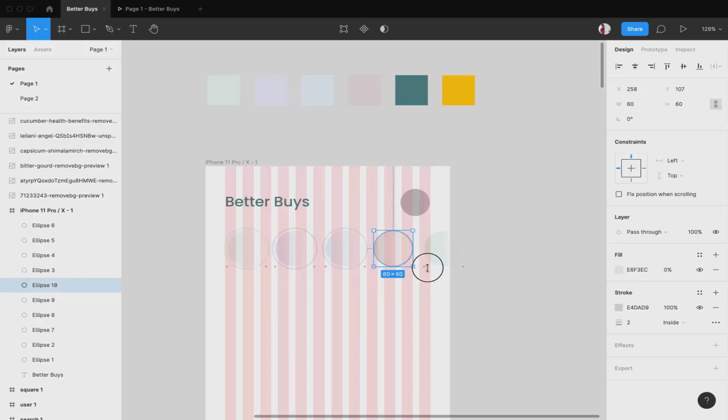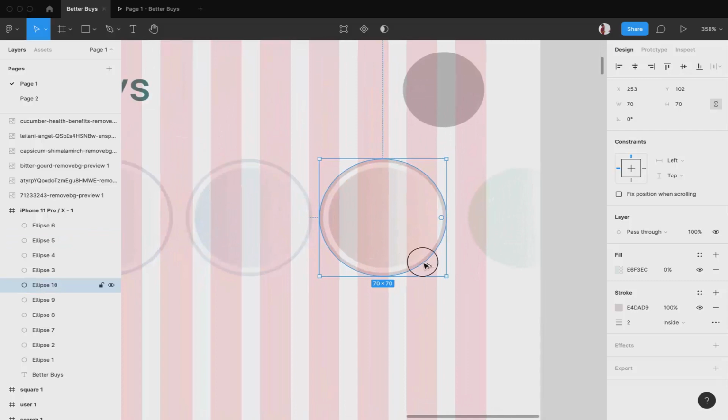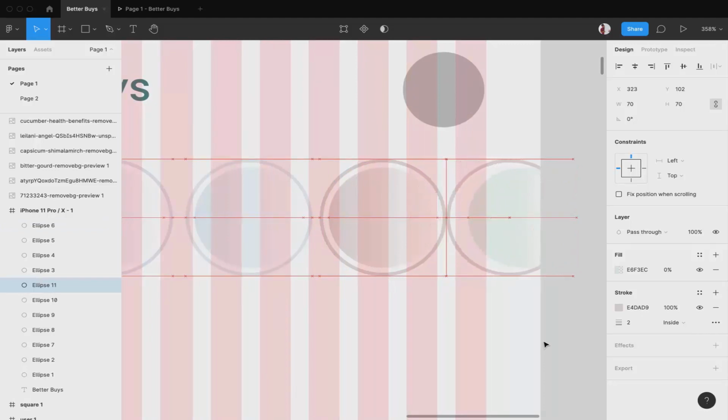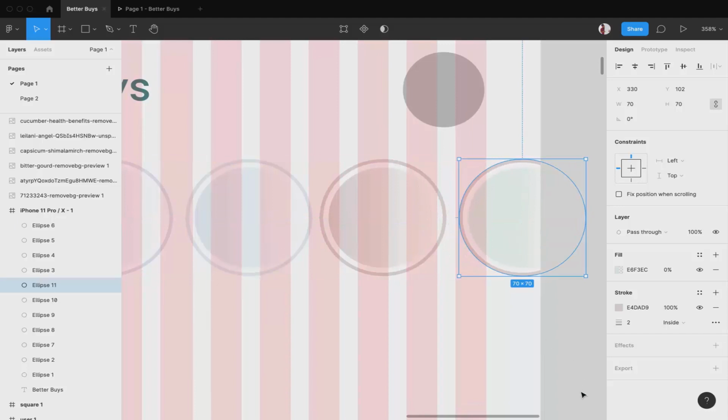I'll drag it a little bit to this side, and then I'll use the right arrow to make it position, so that it will not leave the screen, it will still be inside the screen.